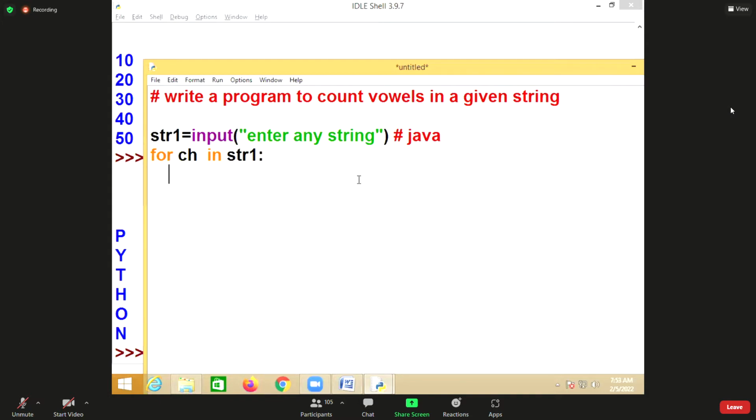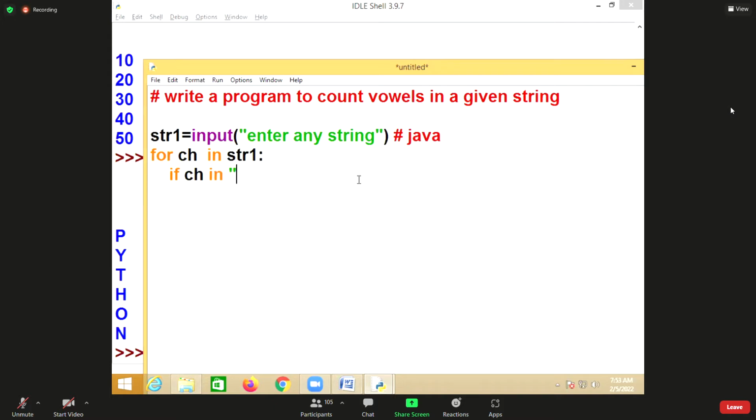So I can check the condition like this: if the character equals A, or if the character equals E, and so on, A-E-I-O-U, then only it is a vowel. Instead of using this number of comparisons, I can directly use the in operator.